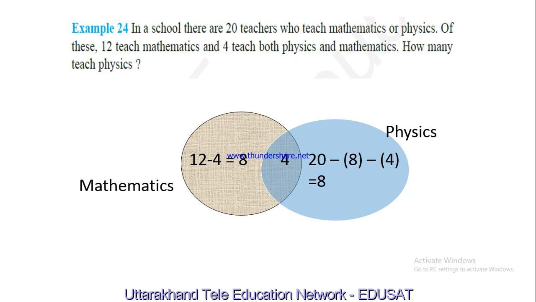Now what do we see here? Basically, let us try and interpret this particular figure. You would understand here that the overlap is showing 4 elements. So the number of elements here is 4. This means there are 4 teachers who can teach